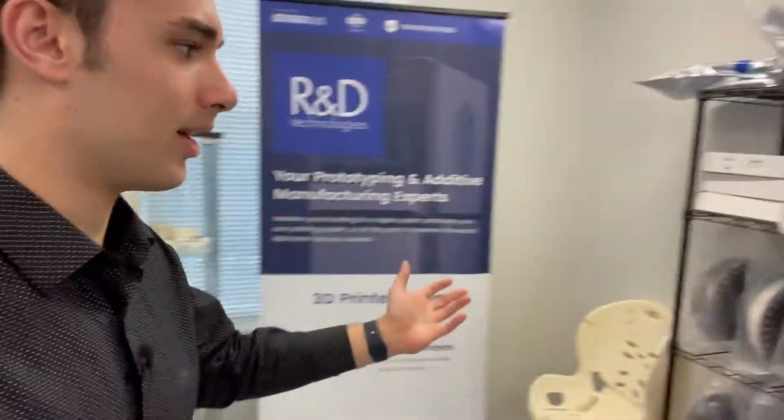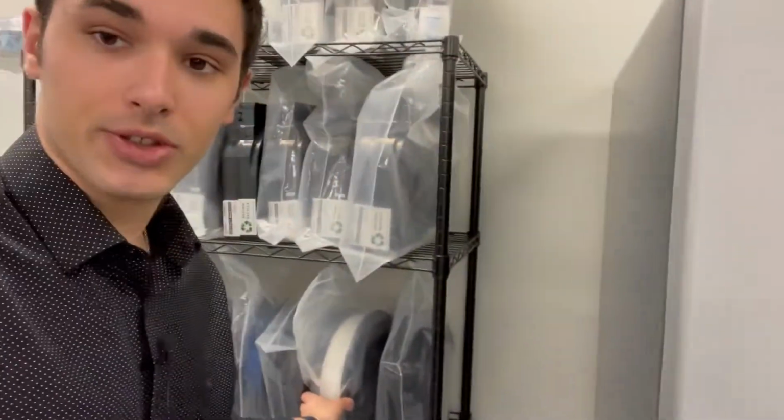Also, we have another storage rack for material, and that stuff you can actually see looks a lot like the smaller spools. You just have to bag them up to keep them from getting moisture in them. And then that goes for this